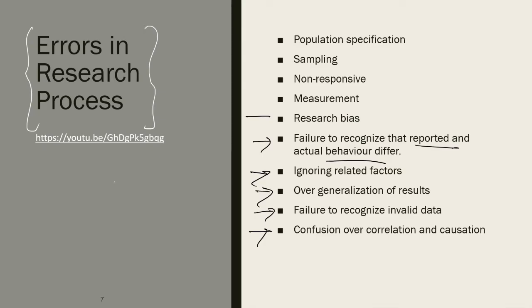Population specification. Now this type of error occurs when researcher selects an inappropriate population to collect data. For example, if an electronic company conducts a survey and it targets housewife, but mostly electronic items, as you know, are generally bought by male counterparts, so it will be targeting the wrong audience and may yield the wrong results, and you may not get the relevant and sufficient data, though it can be sometimes all right that the female are the deciding member of the family on the electronic gadgets also, but most of the time it is seen that it is the male counterparts.